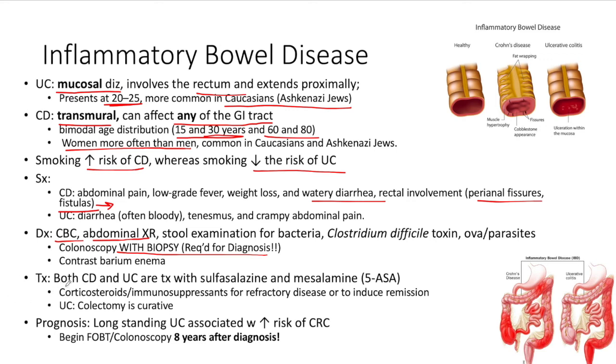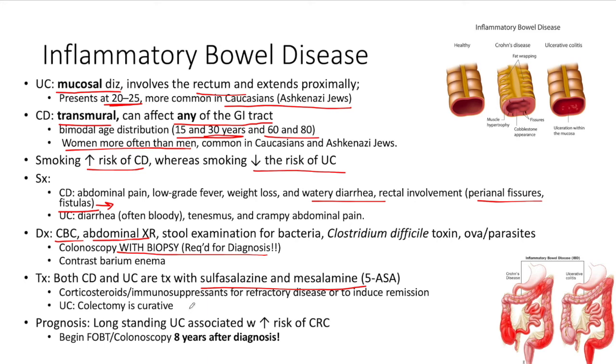In terms of treatment, both UC and Crohn's disease are going to be treated with sulfasalazine and mesalamine. We can give corticosteroids for disease that's refractory to sulfasalazine and mesalamine, or to induce remission. So in the acute phase of these diseases, when we want to stop that acute phase, we're going to give sulfasalazine and corticosteroids, all of that at once. And once our patient is back in remission, we can switch to just giving sulfasalazine. We don't need to be giving corticosteroids for an extended period of time. For UC, colectomy is going to be curative, and